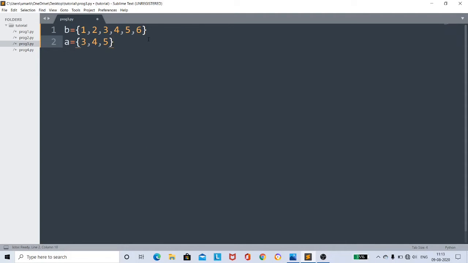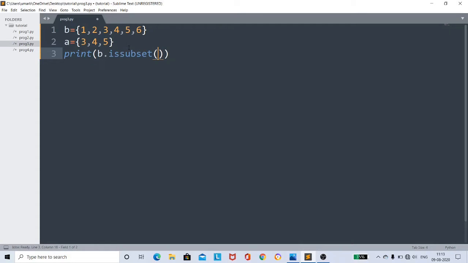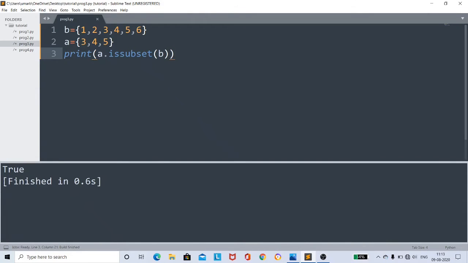I have just said that set A is a subset of set B. So I will show you how to check that set A is a subset of set B using the issubset method. A dot issubset, and B. If I run this, see, it returns True. A is a subset of B. The values of A, 3, 4, 5, are present in B also. That's why it is a subset. That's why it returns True.